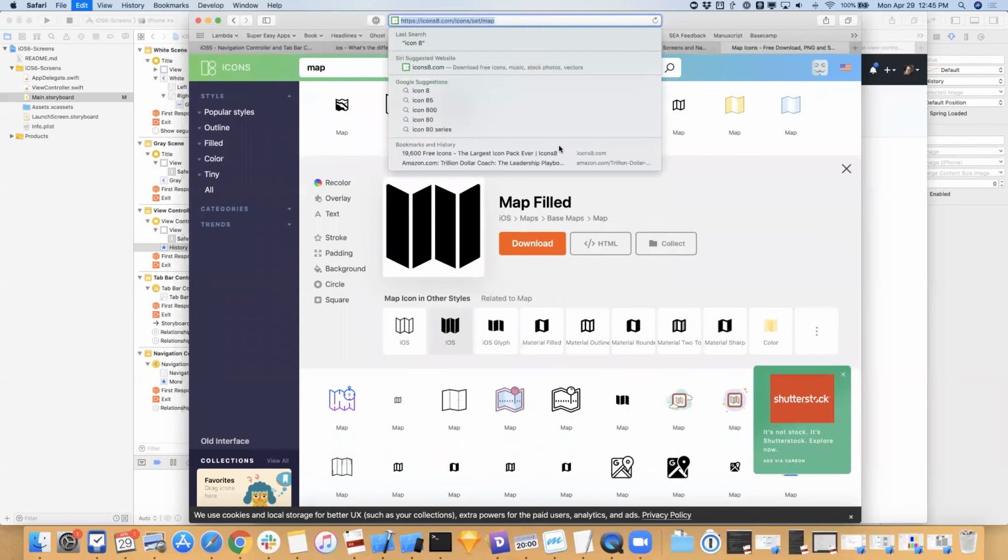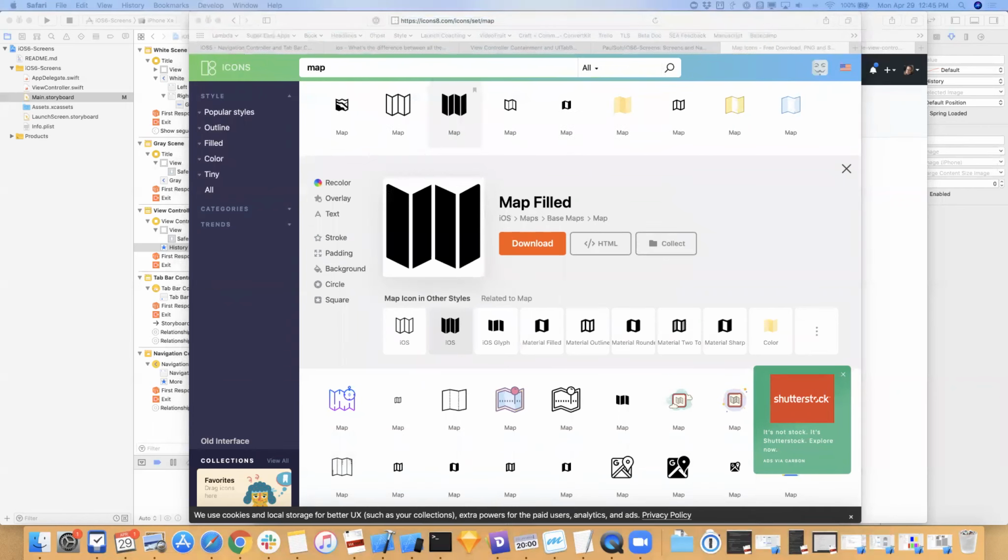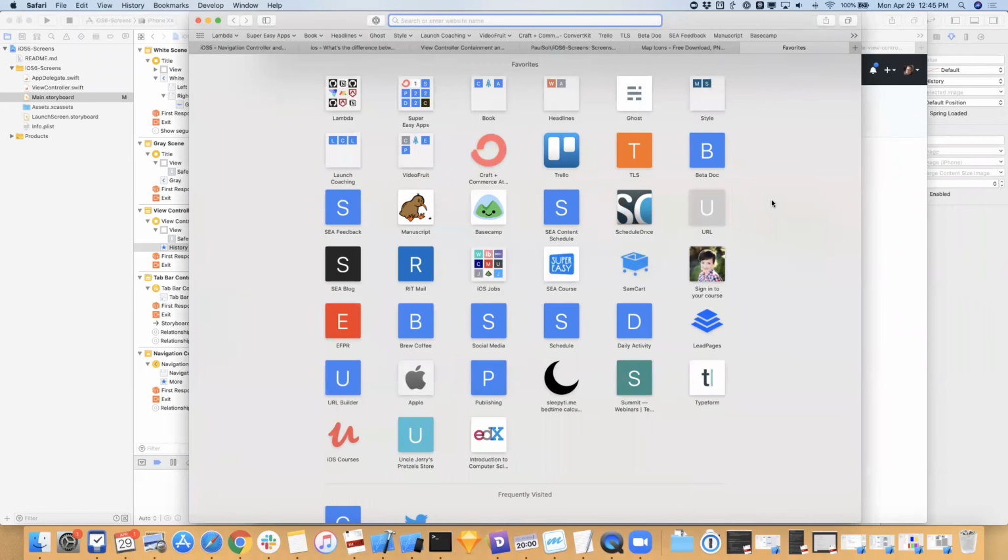I'll share the link for this. That's something you can look at later. Let's not worry about that right now. If you have questions at the end of the class, we can talk more about icons for the tab bar. The other thing that I would probably point you to is